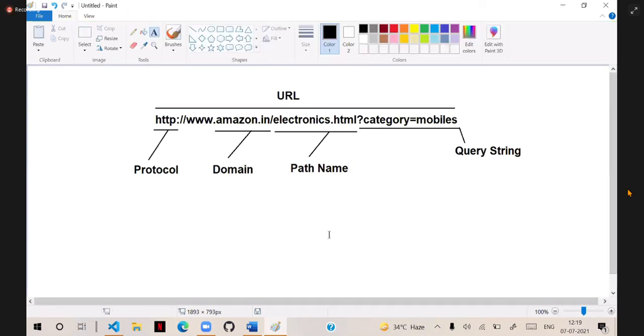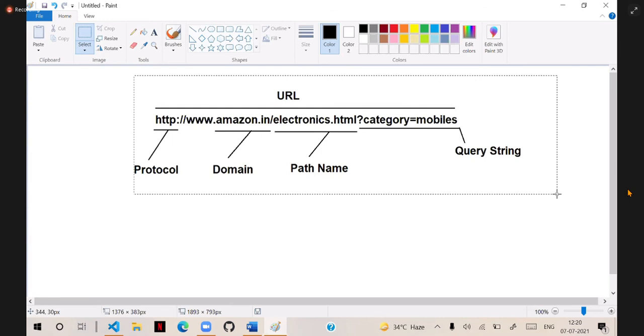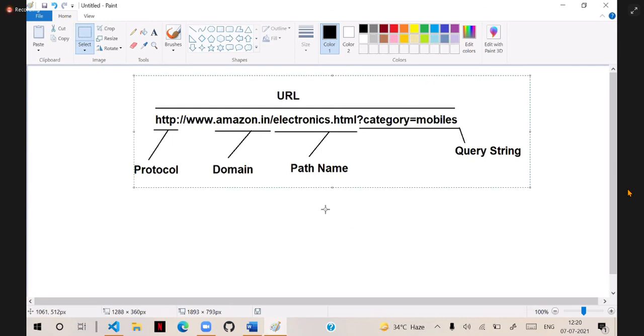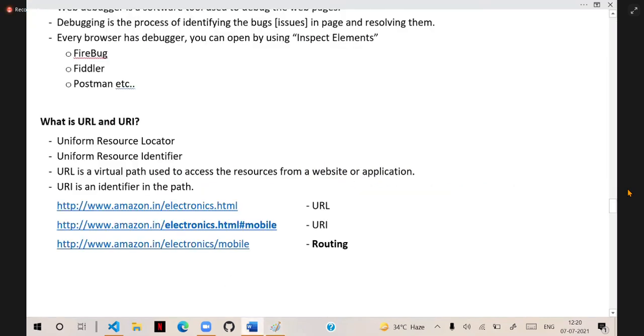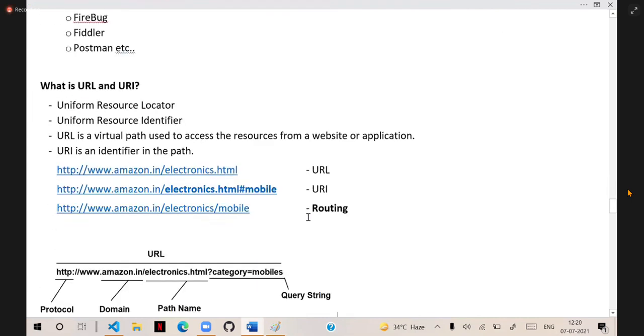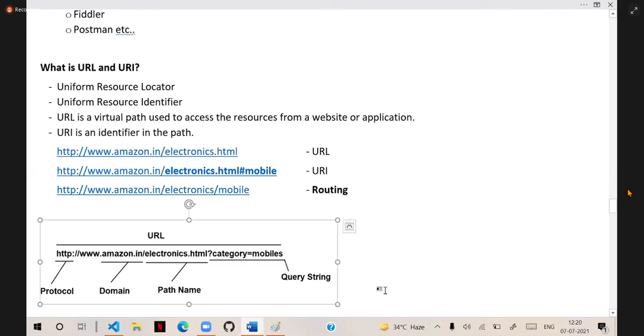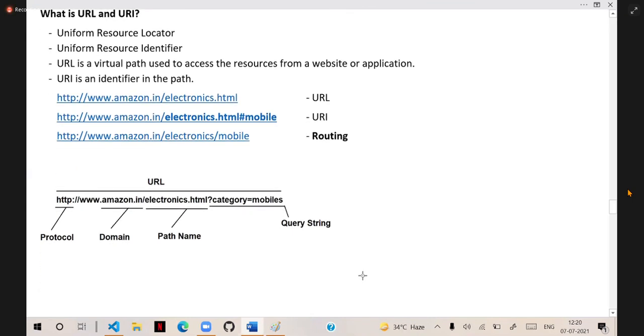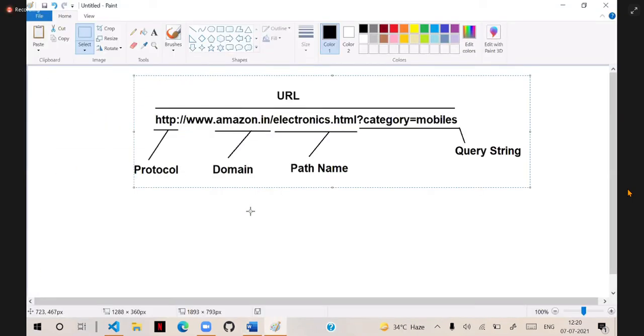So this is the URL, and inside the URL so many parts are present. We have the protocol, the domain name, the path name, and the query string, not every time. There are so many other points also. I will show you. This is one example. Not only that, sometimes you have options like this.